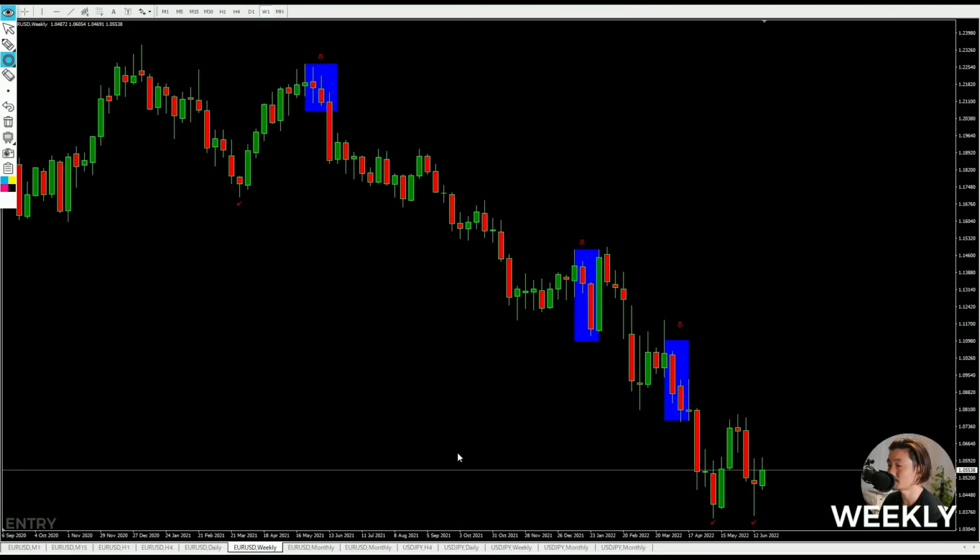Okay, let's talk entries. This is a weekly chart. Let me run you by the current setup I'm looking at. The last weekly short trade that formed was right here. And if you recall, there was a weekly long trade that formed right here about a month ago. Going strictly from this weekly strength, this long trade seemed to be stronger than this short trade. So the weekly bias was long, or in other words, price is likely to reach this pivot high before reaching